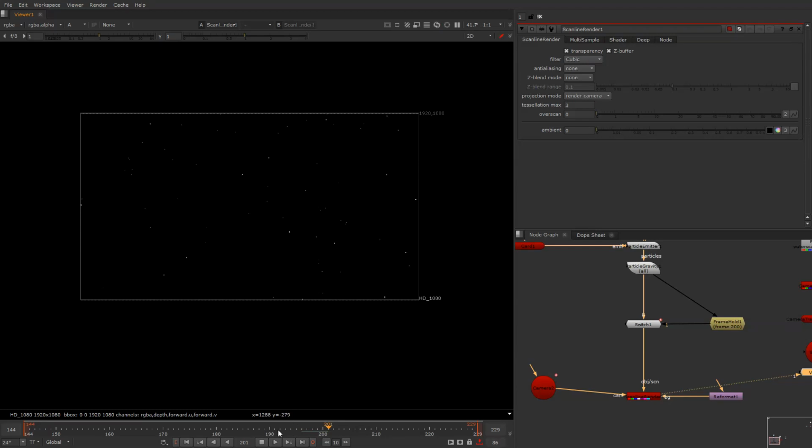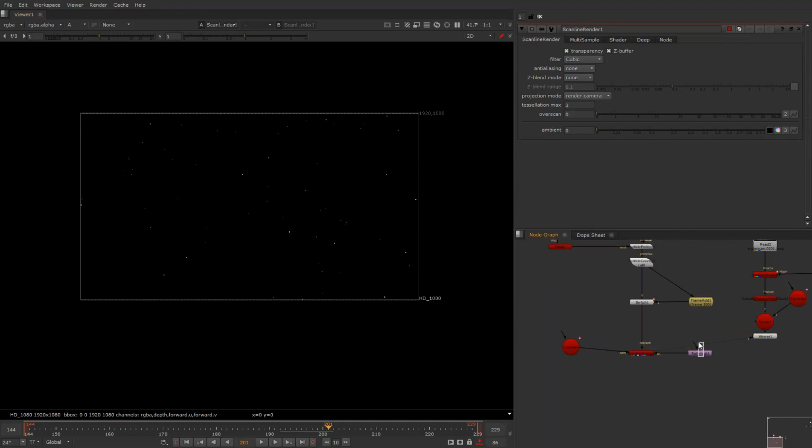So now you can see a particle stops on frame 200. Okay, come on, don't get crash. Yeah,